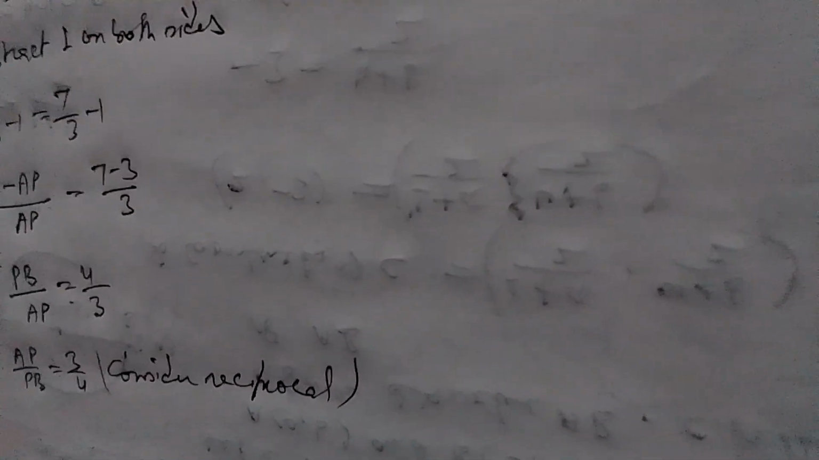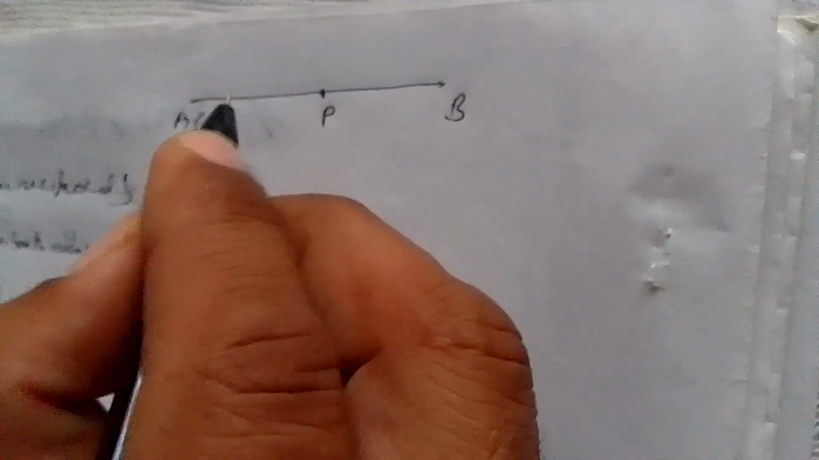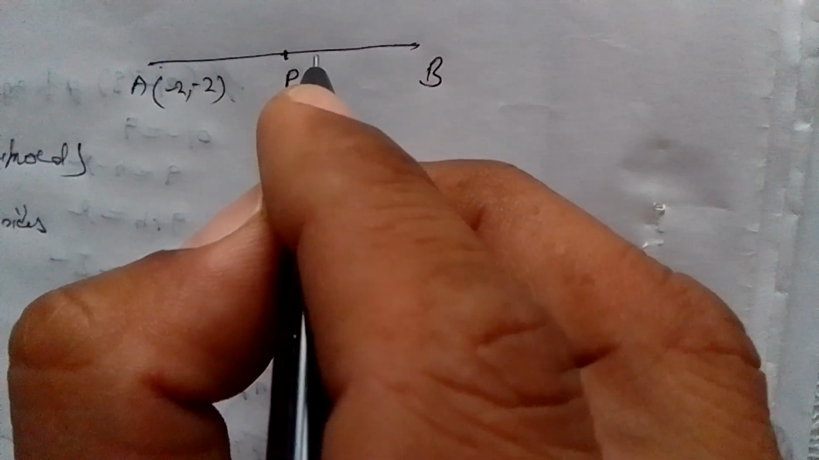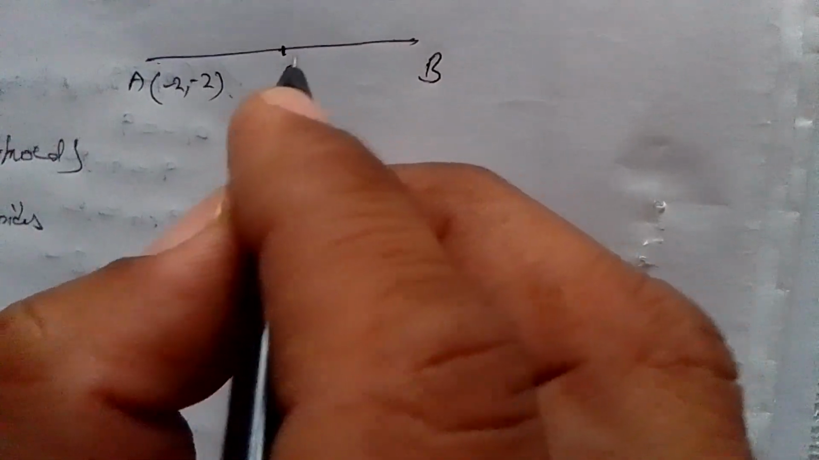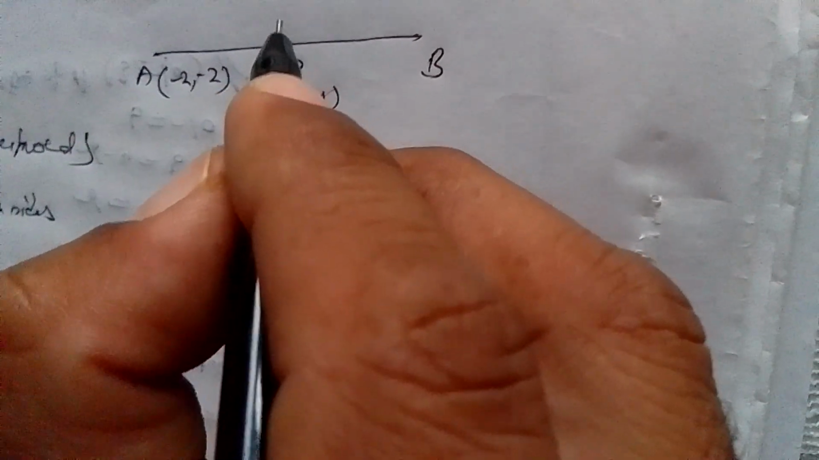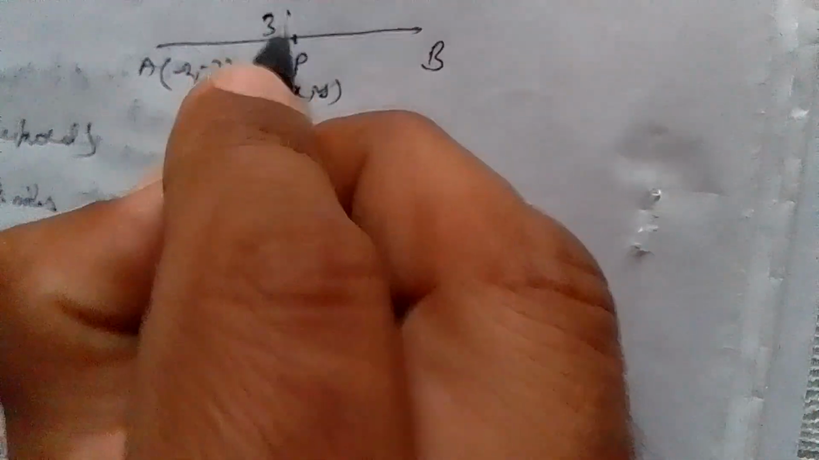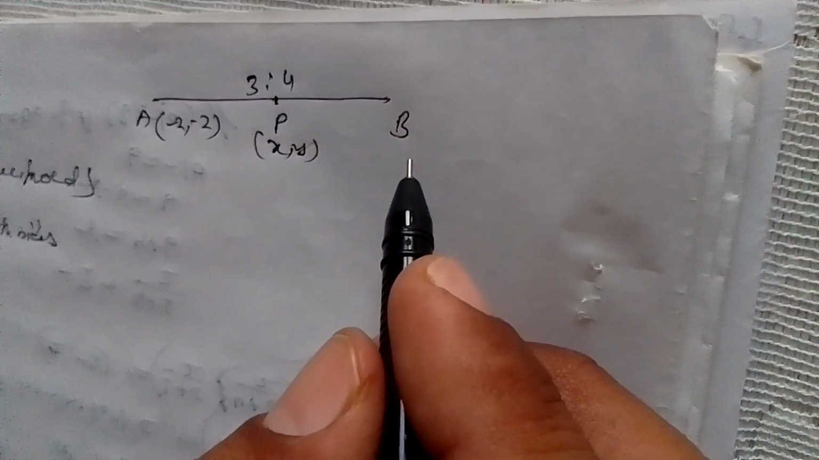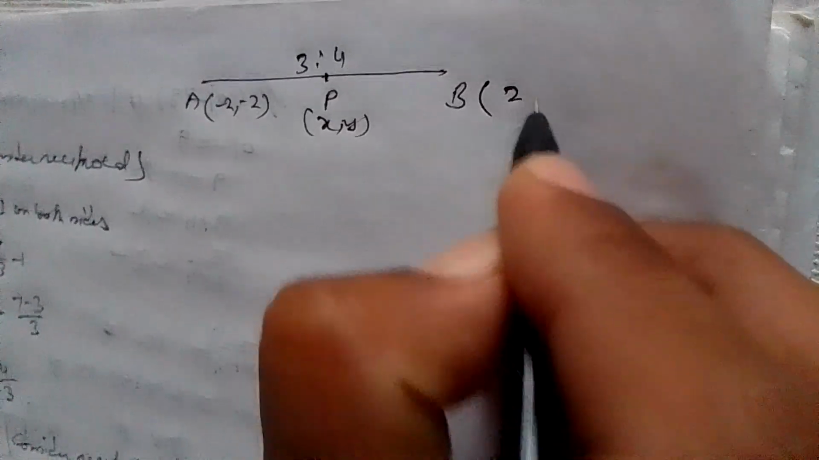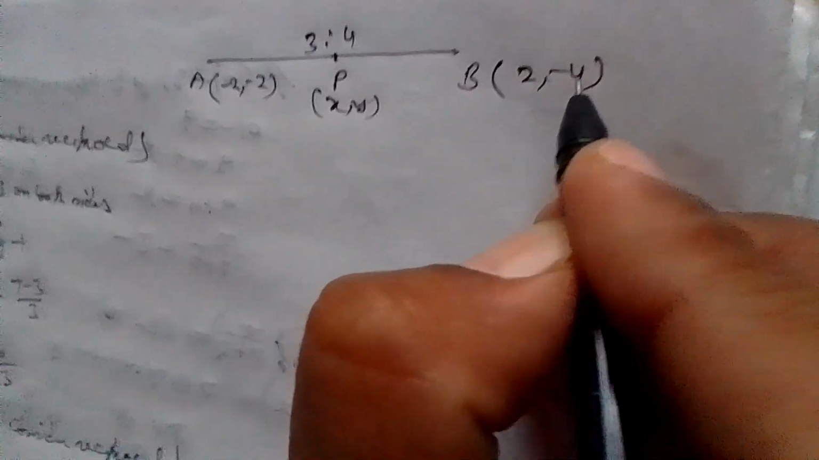So now we will solve it as coordinates of point A are given as minus 2 comma minus 2. Coordinates of point P we will assume as x comma y. They divide in the ratio 3:4 which we have calculated now, and coordinates of point B are 2 comma minus 4. So using the section formula,